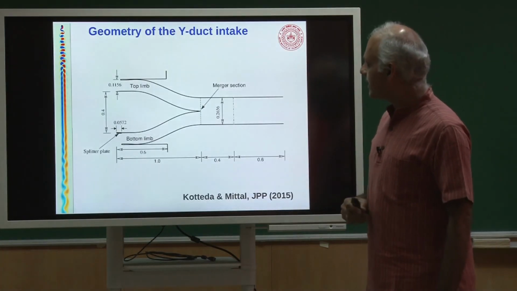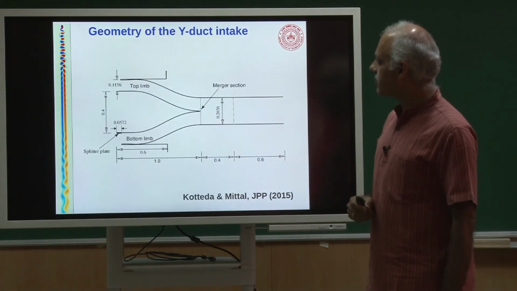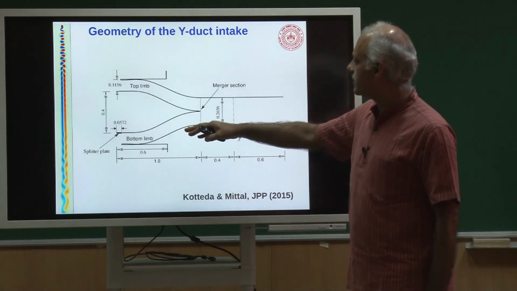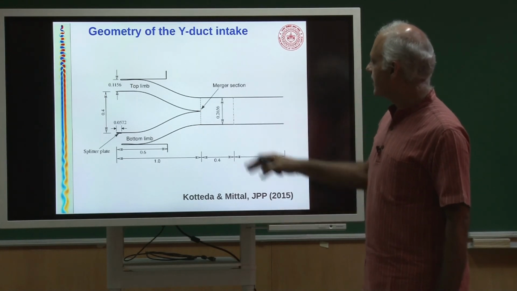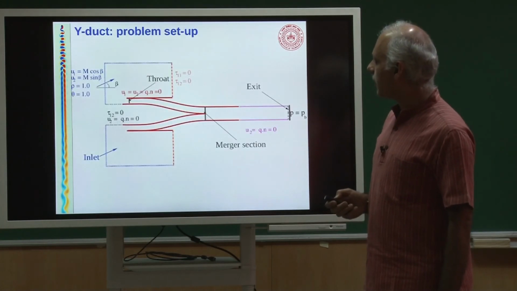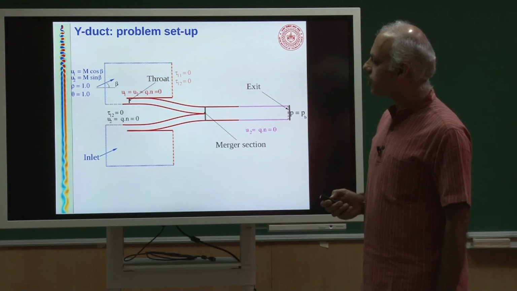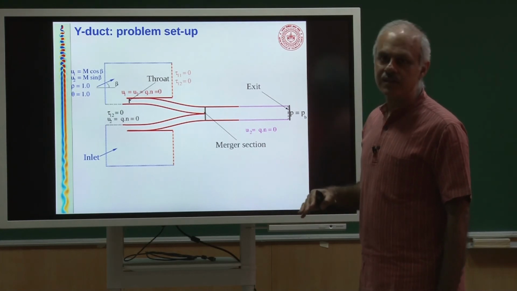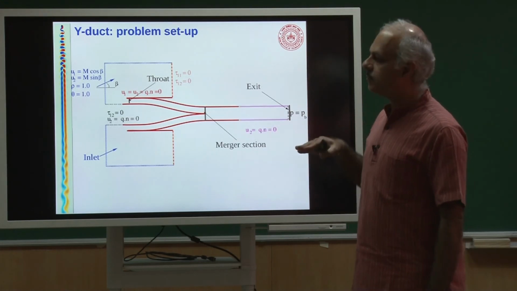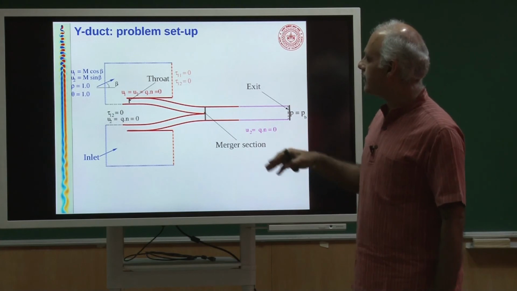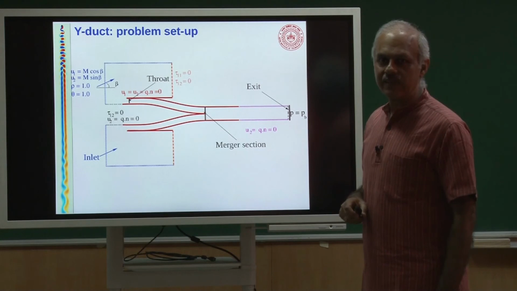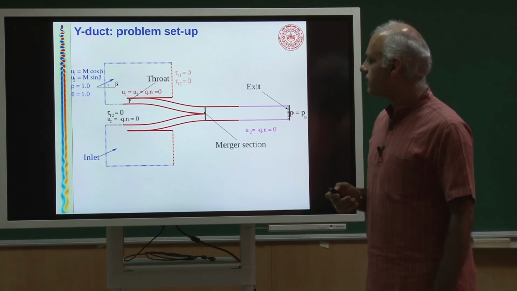So, here is the geometry that was chosen for the analysis. We are going to refer to this as the top limb, the bottom limb, and then of course they merge, and that is where the flow goes to the engine. These are the boundary conditions, and we are also going to simulate the side slip. When the aircraft is not aligned with the flight direction, but is actually side slipping, then the two intakes would get different mass flow rates, and that would produce another scenario which could lead to instabilities.